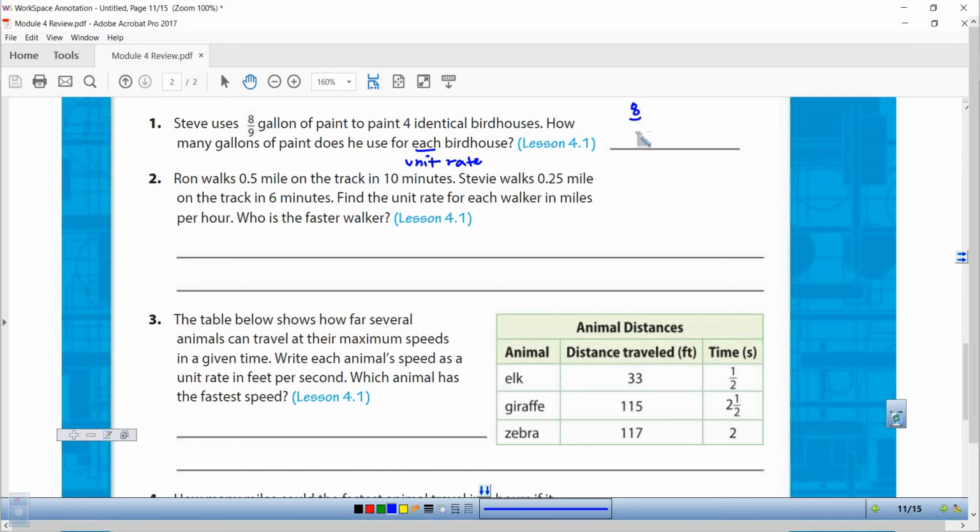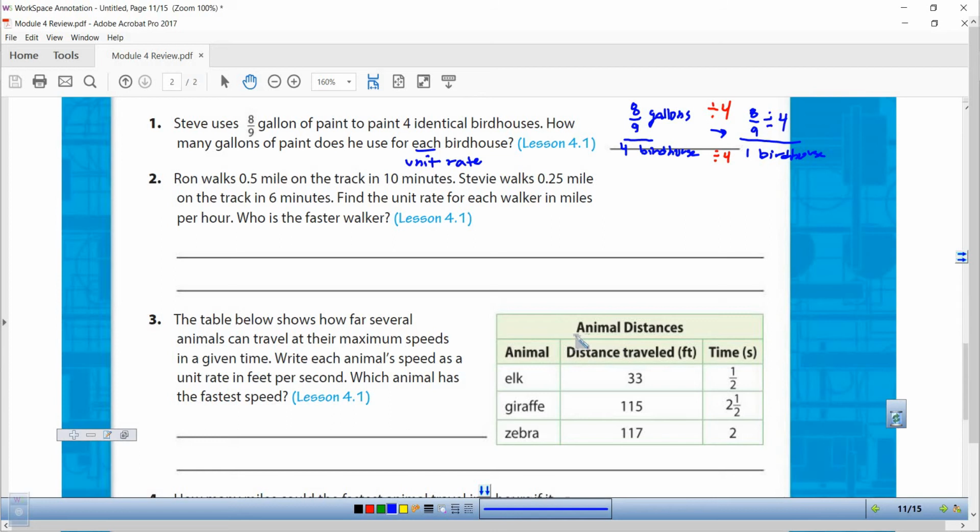So if I have 8/9 gallons of paint for 4 birdhouses, and I want instead 1 birdhouse on the bottom, well, what would I have to do to make that happen? I would have to divide that bottom number by 4. But if I divide the bottom number by 4, I have to divide the top number by 4. So what do I want? I want 8/9